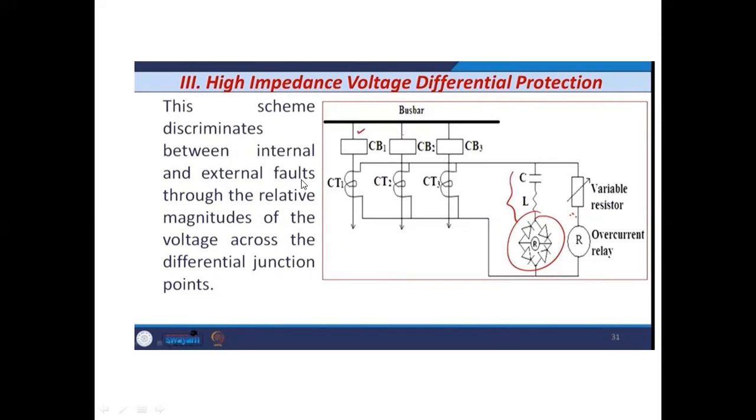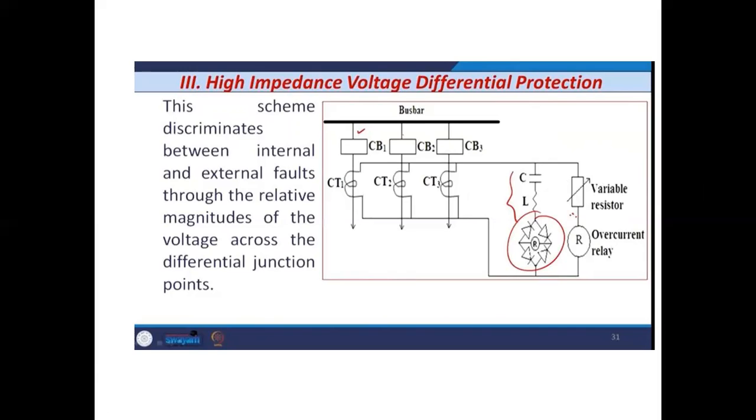The three CTs are connected as they were in the earlier circuit. I have connected through some variable resistor, and in parallel with this I have connected the LC circuit. This is the LC tuned circuit with the bridge rectifier circuit: LC tuned circuit, bridge rectifier circuit, variable resistor,